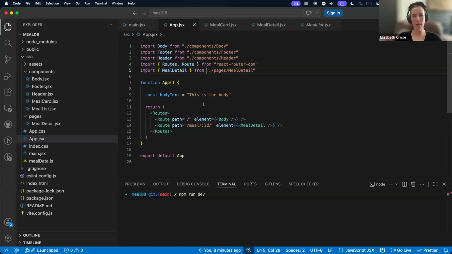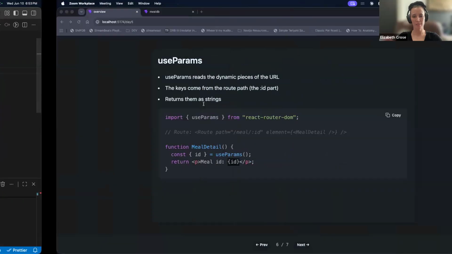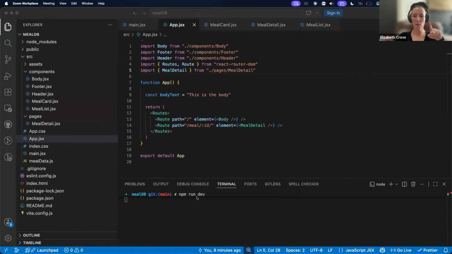And our recipes are back. It's no longer broken. Oh wait, I did have to do an npm run dev. I was going to say we changed a bunch, so